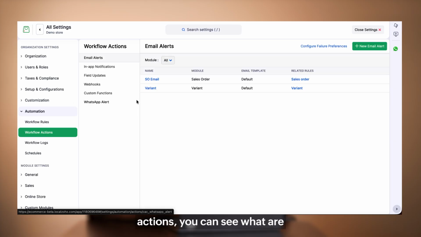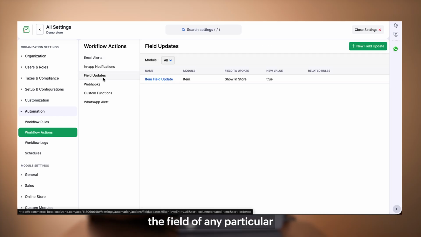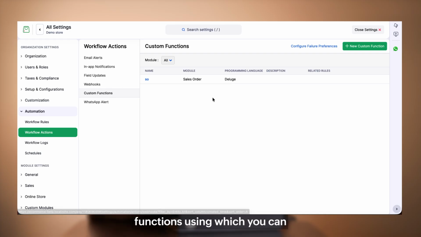Under workflow actions, you can see what are all the type of actions that you can trigger using the workflow rules that you create. So you can either send out email alerts or in-app notifications, field updates like updating the field of any particular data. Let's say you have custom fields created. So based on a particular action, if you like to have any particular input updated on a custom field, that can be done. Webhooks and custom functions, using which you can have custom functions triggered